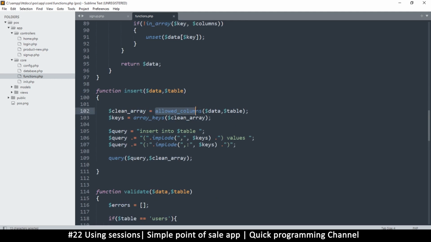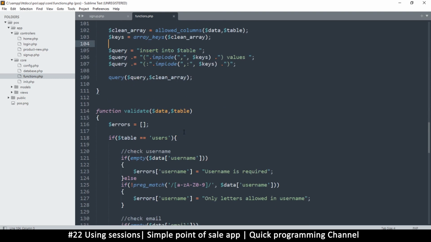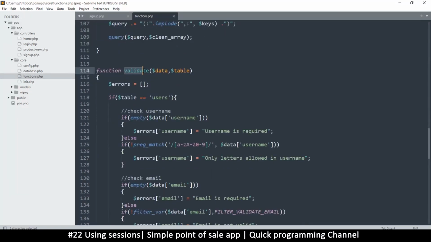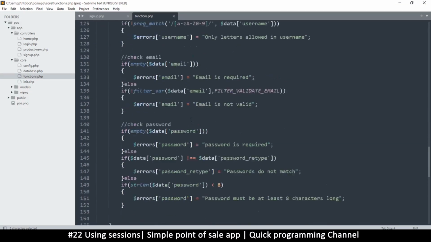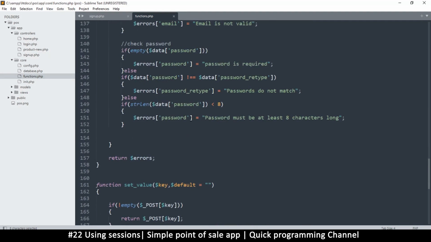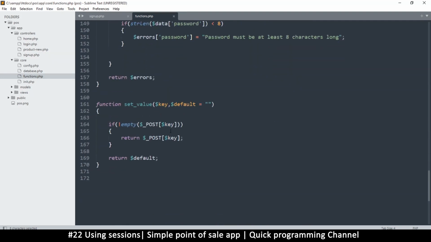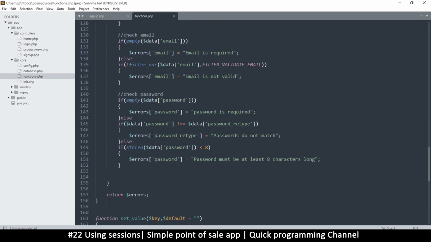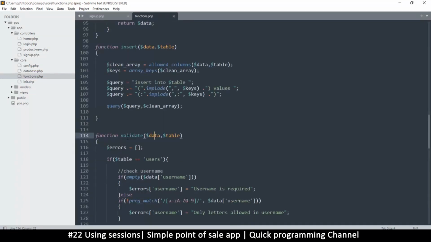So you see, allowed columns is another function. That's what it relies on for now. And then there's also this validate function that relies on other functions in here. Or does it? No, it does not. But the point is, all these functions are kind of related because they do a similar thing. So you first validate,